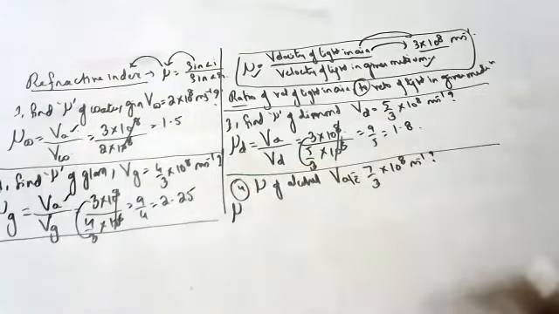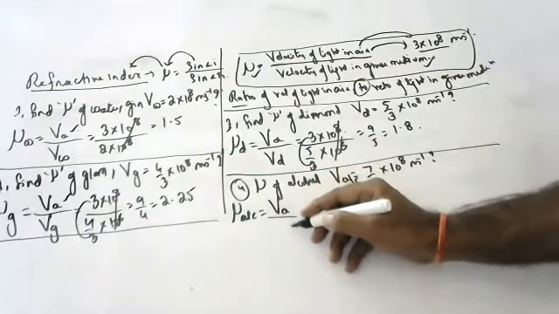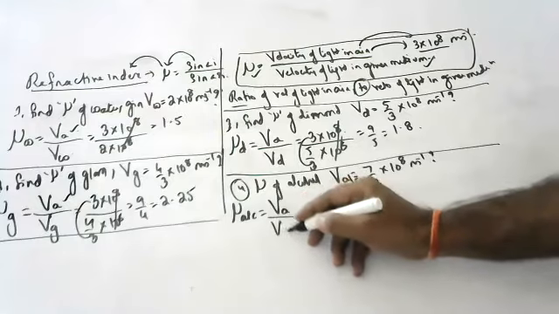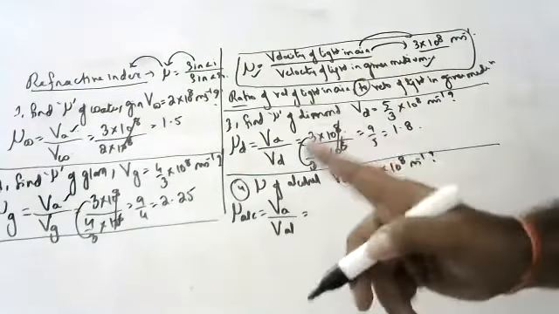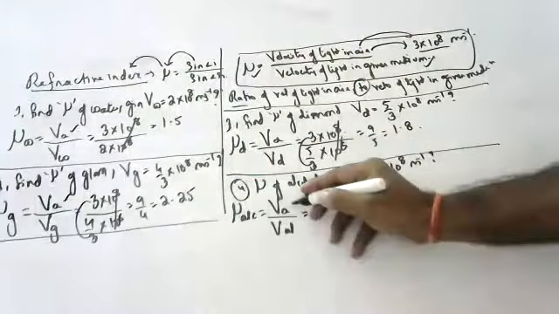Pravalika, can you tell? Yes, sir. Refractive index of alcohol is? Velocity of light in air by velocity of light in alcohol. Okay, velocity of light in alcohol, not velocity of alcohol. Air is how much? 3 into 10 to the power of 8 by 7 by 3 into 10 to the power of 8.